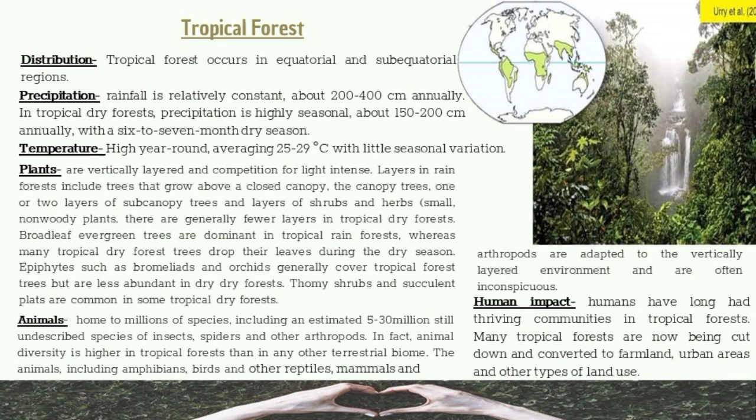And in terms of human impact, humans had long thriving communities in tropical rainforests, but sadly, they are now being cut down and converted to farmland. We have to stop deforestation and to actually plant more trees so that tropical rainforests could recover and return to their